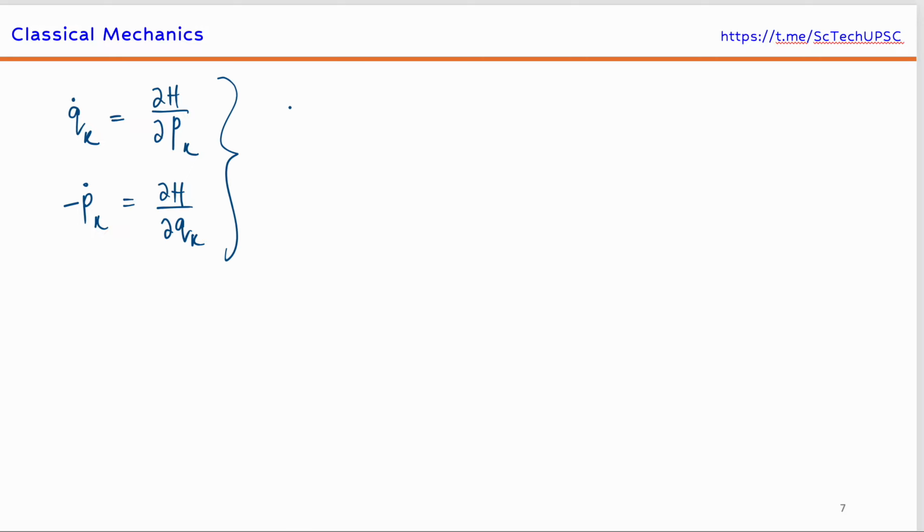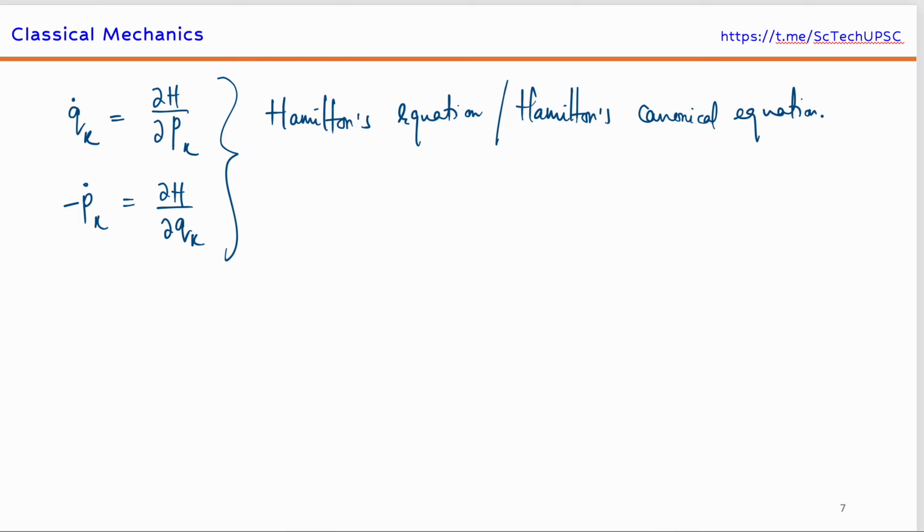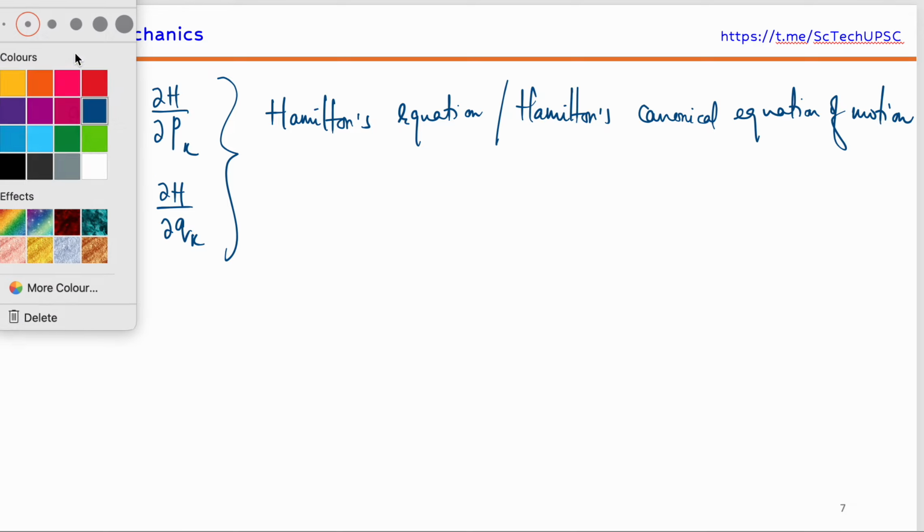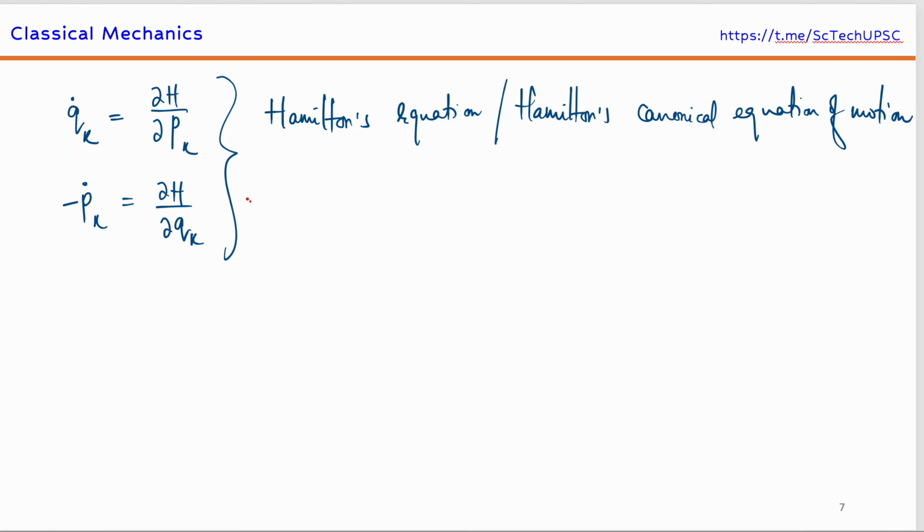Okay, so this is what we have said. Okay, this is Hamilton's equation or Hamilton's canonical equation of motion. Okay, so this is what we have just derived, and another thing to notice here is, as